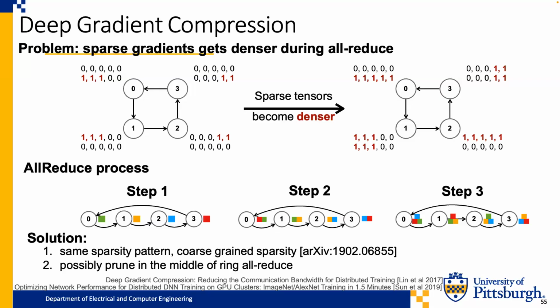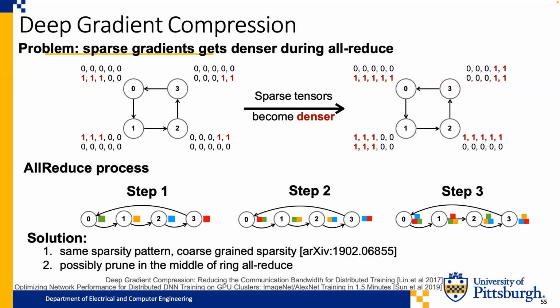The top K from here is not the top K gradient from this worker, which is not the top K gradient from this worker. So all the top gradients are different. Does that make sense? Therefore, when you do an all-reduce of them, you need to add all these gradients together,